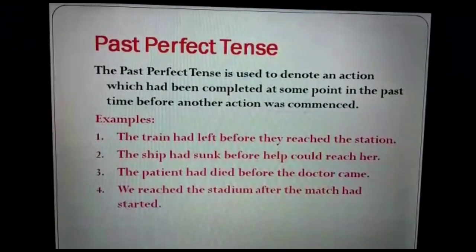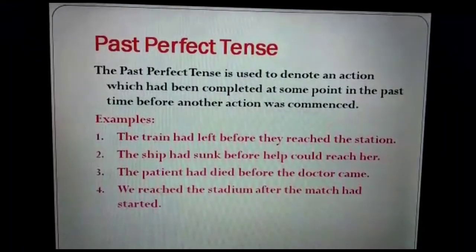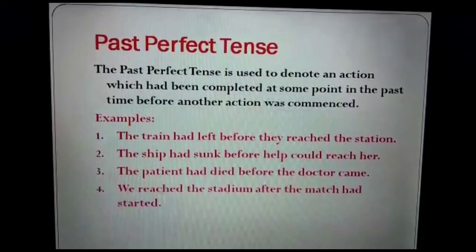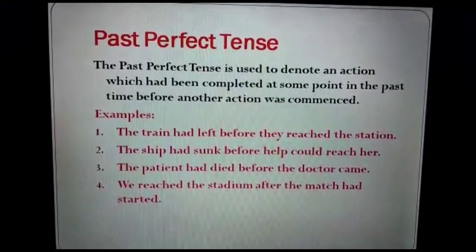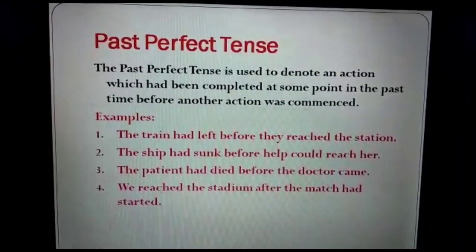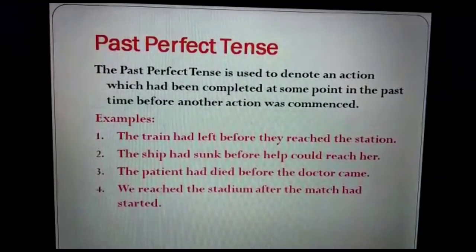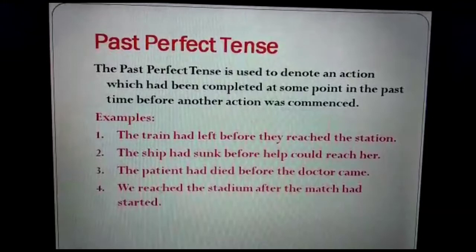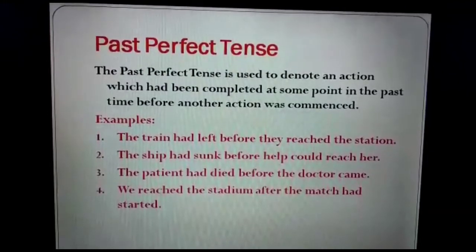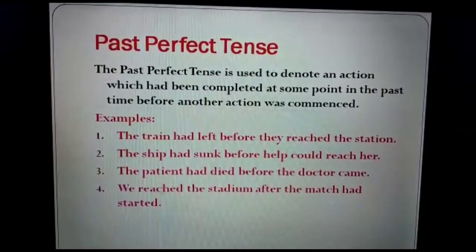Example number 2: the ship had sunk before help could reach her. Two actions of the past. One is the ship sinking and the other is help reaching. So, the ship had sunk before, that's why we have used the past perfect tense here. Example 3: the patient had died before the doctor came. Similarly, two actions of the past. The patient had died, this action happened before. So, we have written it